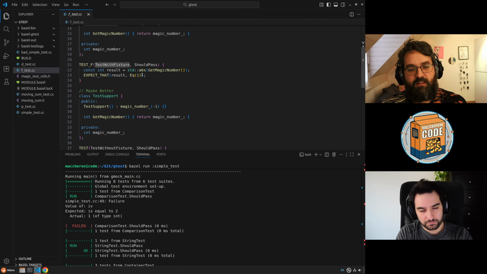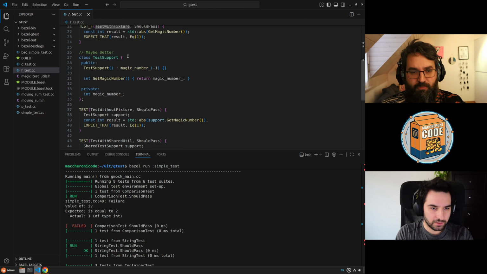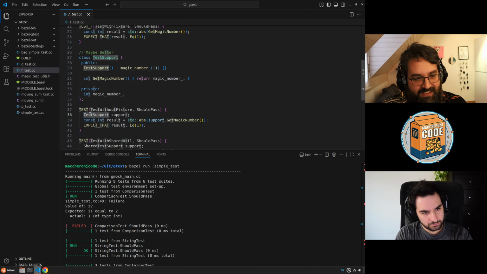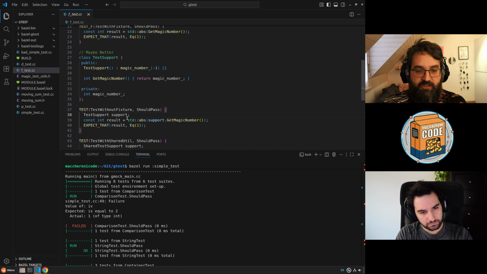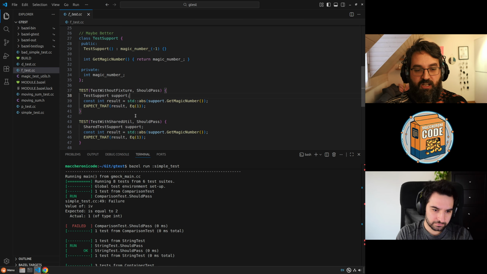So in general, my suggestion is build utilities. If you need this, just build them, and don't make them a test fixture. Again, personal opinion. Just allocate them in your test. It is one extra line, it is not that expensive, and you can just use it. You can have multiple utilities. If your test needs many of them, you can have composed utilities, and you can do whatever you want. Or you could even go and share these utilities.